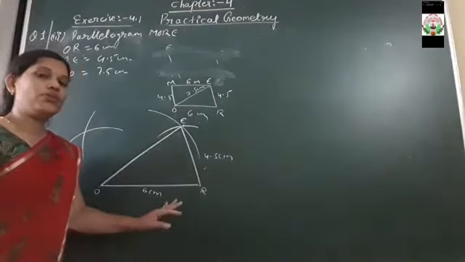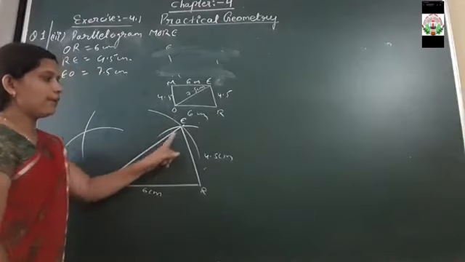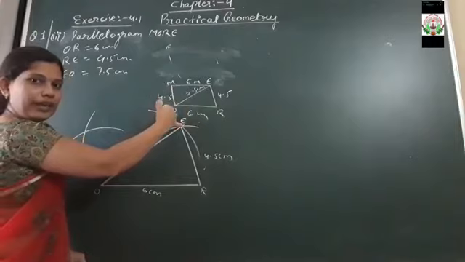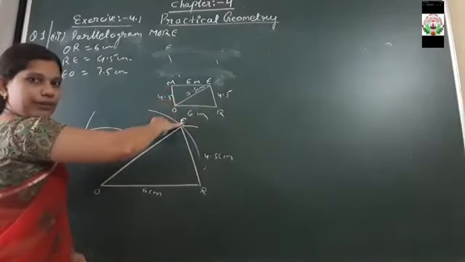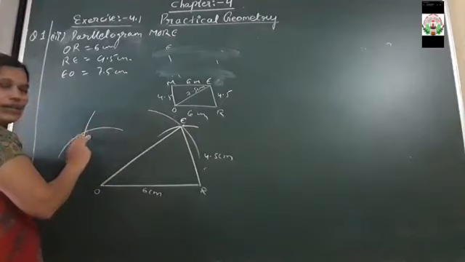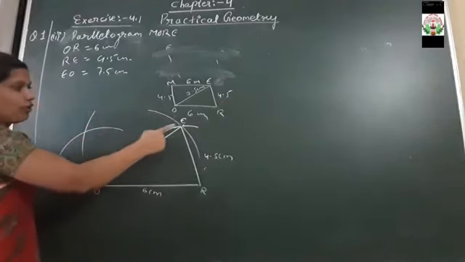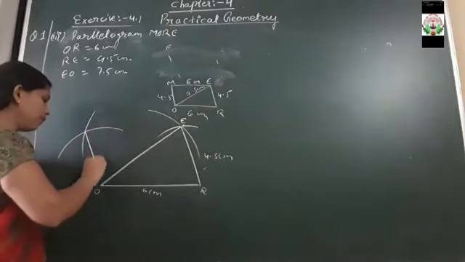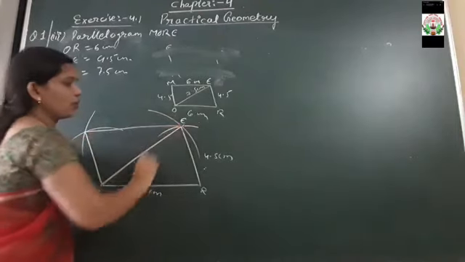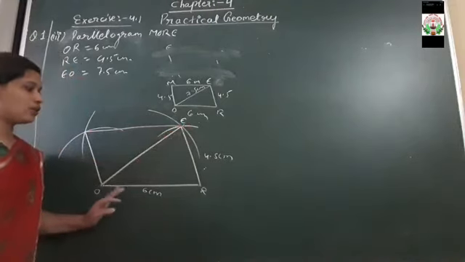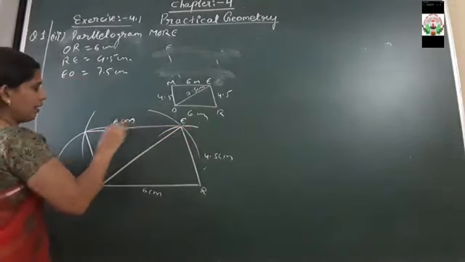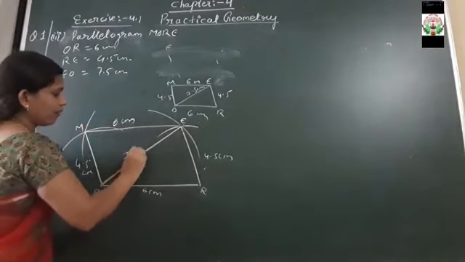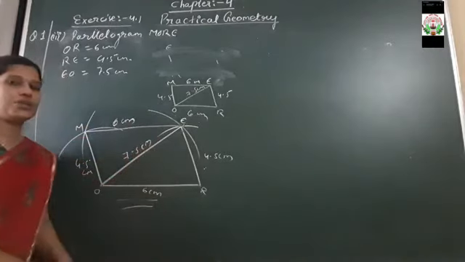So on the mouth of your rounder, measuring 6 centimeter, keeping the needle at point E. Keep the needle like this. Okay. Keeping the needle at point E, how to draw an arc. Clear. So drawing that, you will get an intersection point. That intersection point you have to join with E as well as with O. You have to join that intersection point with E and O like this. Clear, understood? So here we can write 6 centimeter. Here point M, here 4.5 centimeter, and this side is 7.5 centimeter. So here our question number 3 is over.